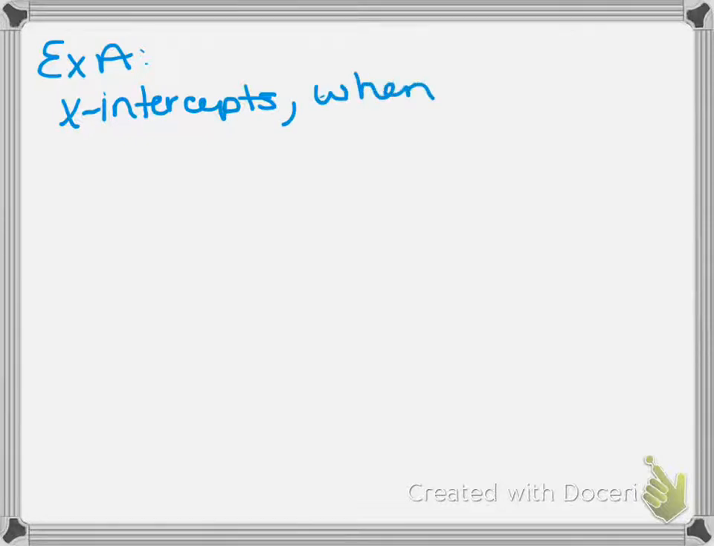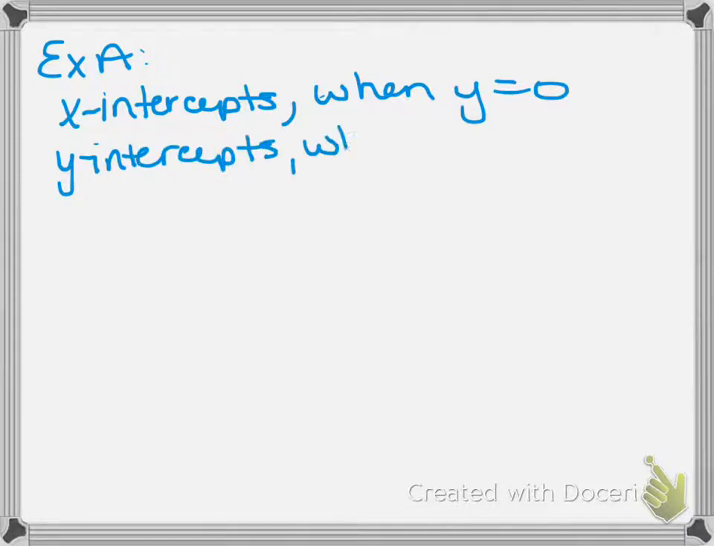So here, for example A, remember x-intercepts are found when y equals 0, and y-intercepts are found when x equals 0. So using that, we're just going to use the equation and plug in one or the other depending on what we're looking for. So if we're looking for x-intercepts,